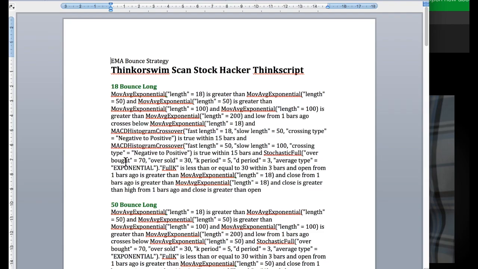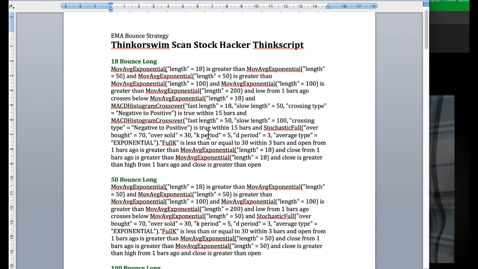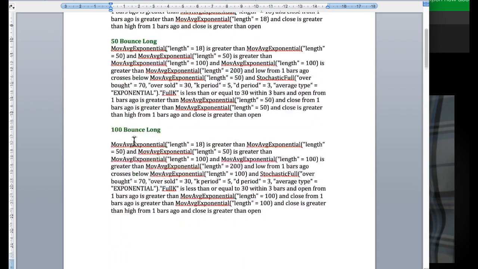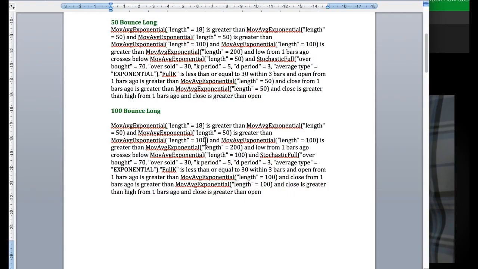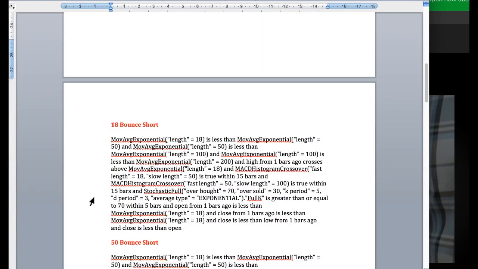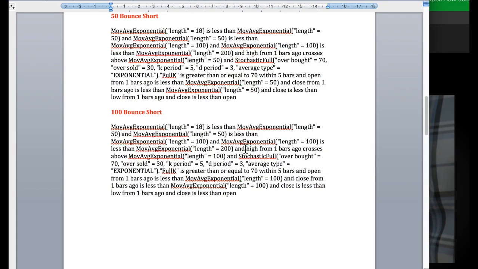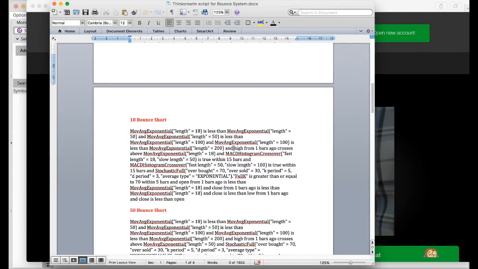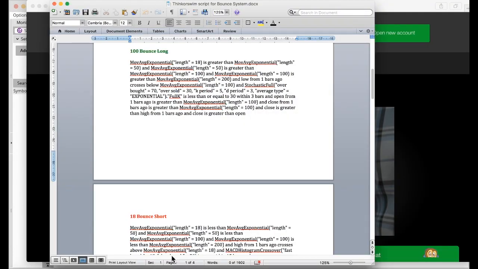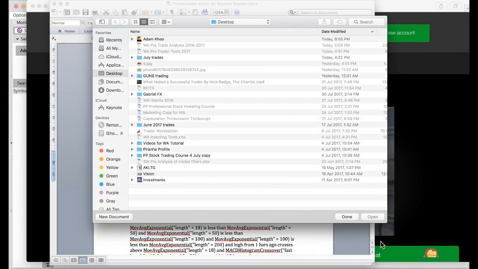Okay, so you have to create the following scans. First will be the long bounce scans or bounce long, right? So you've got the 18 bounce long over here. This is the script, and I'll show you how to install the script in a short while. You've got the 50 bounce long, the 100 bounce long, and 18 bounce short, 50 bounce short, and 100 bounce short. So if you recall from the lesson, this applies